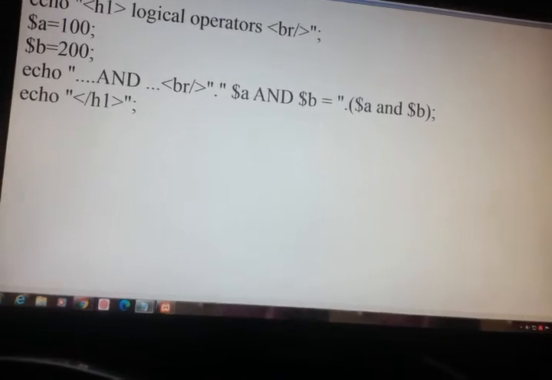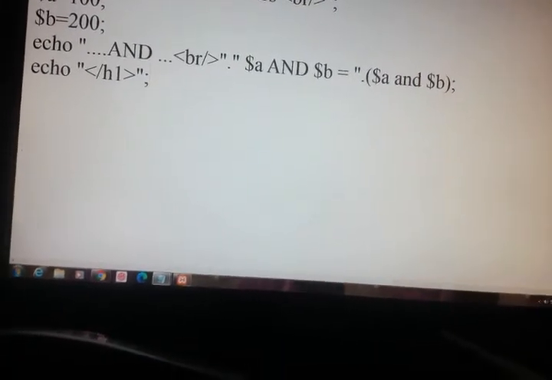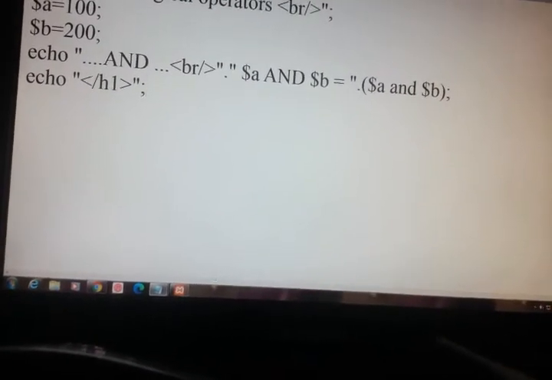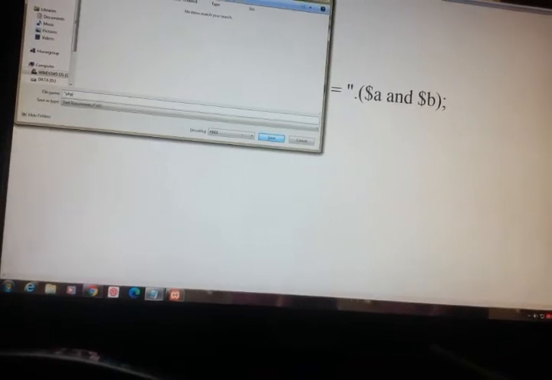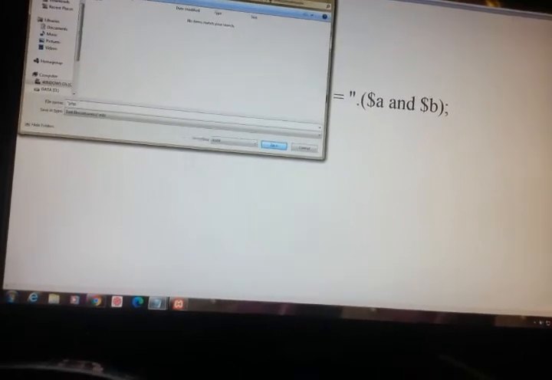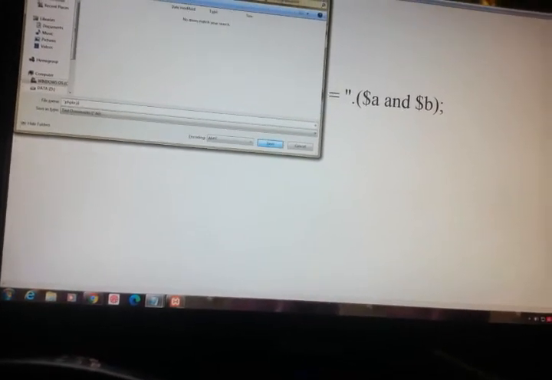We will see what this particular output will generate. Just save in our working folder my PHP code, and the program name is PHP LO logical operator .php.